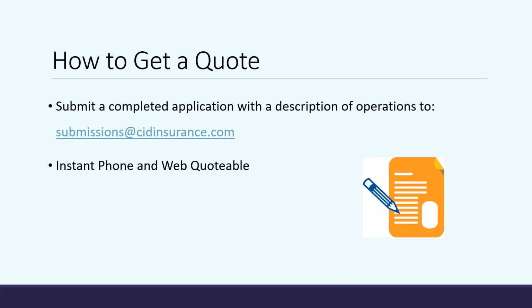Many times, again, these are going to be organizations with a lot of moving parts and a lot of different programs and services. So just keep that in mind. It may not be something we could do instantaneously on the web or over the phone, but at least we can talk you through it. And we've got different chat features. We've got different phone quote features that at least you can get somebody on the phone in real time to talk through it. And then if we have to take a look at it through a paper app, that's fine as well. Sometimes if it's a very, very easy food bank, we can actually just go ahead and do that over the phone for you. So any way you want to get it to us is the whole point.